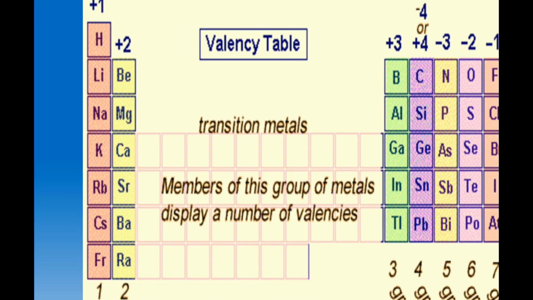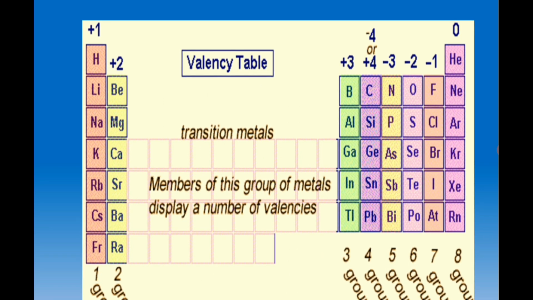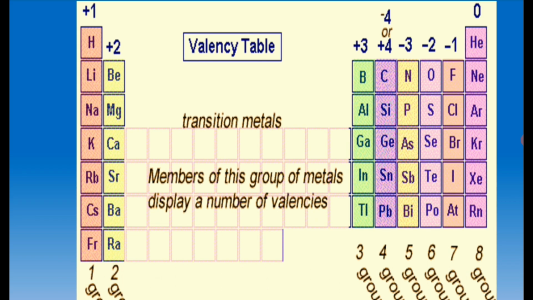You see the trends in the valency. The very first group, that is hydrogen, lithium, sodium, potassium. So this is the first group. What is the valency? It will have +1 valency, and all the elements under this group are metals. Similarly, group 2 will have +2 valency. So what is the trend here? You can see that the valency increases from left to right of the periodic table. So from here it keeps on increasing.